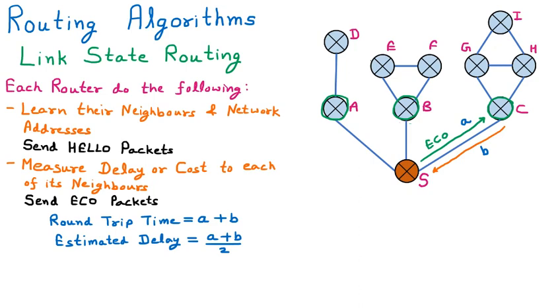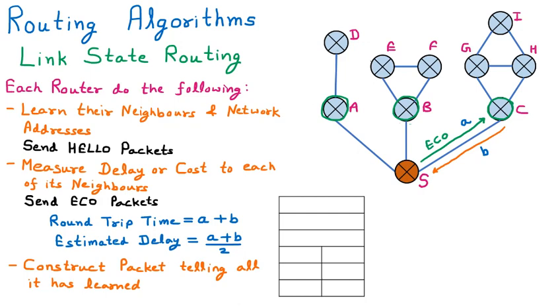Now we have the third thing, which is construct a packet telling all that it has learned. So now we are going to construct the packet of what we have learned. Now we have the distance of my neighbors. I am assuming I am the S. So first of all, on the top line we mention which router we are talking about. The router is the S. Now what is the sequence number of the router? Let us suppose that there is a certain sequence number of the router, so that sequence number is added. Now age, that means for how long that router has been alive. So that age is added.